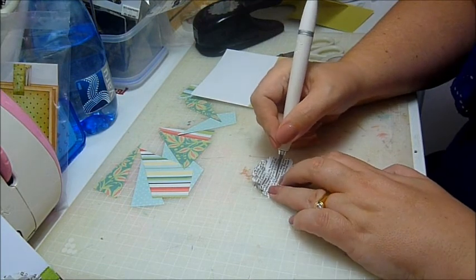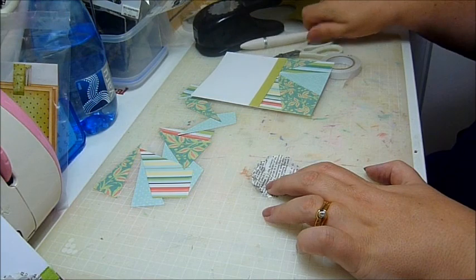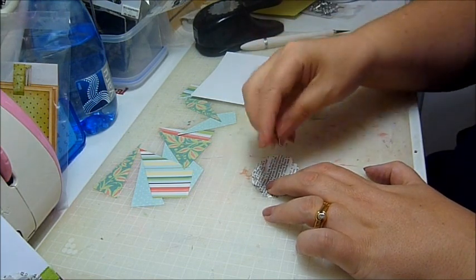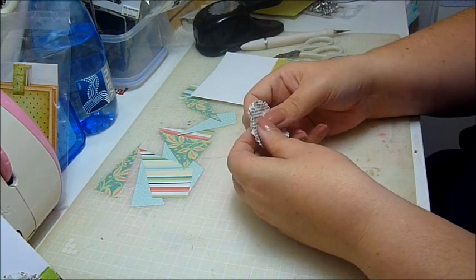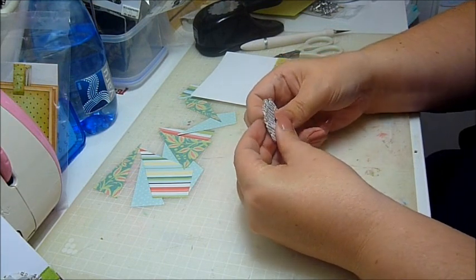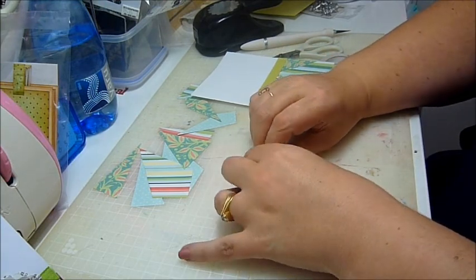And we're going to just estimate the center, and I'm cutting a little hole in it. That just means that the brad I'm using is going to slip through that much easier. You can thread them on one at a time, but if you hold it together really well, you can put in all 3 at once. So we've got this little brad split pin. I'm just going to split that out on the back